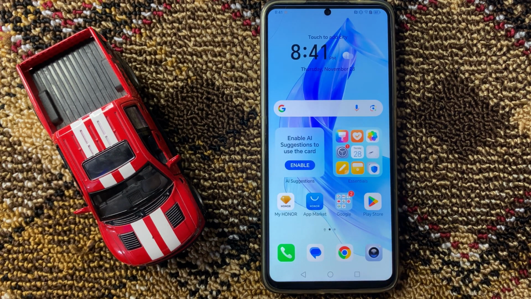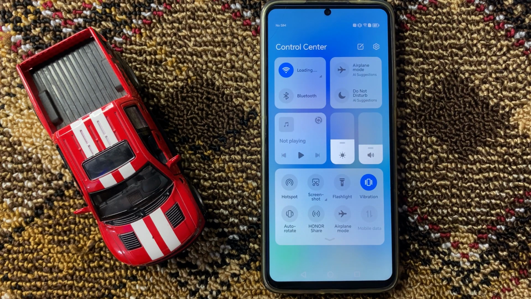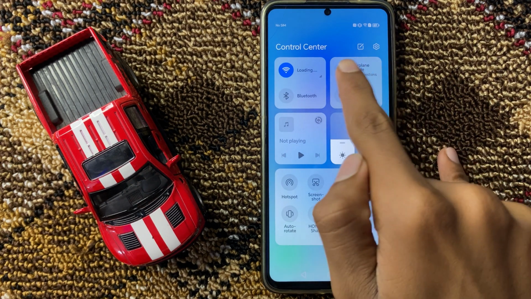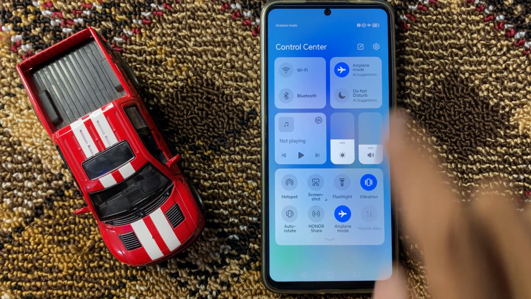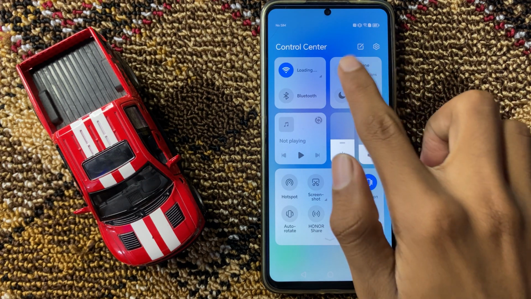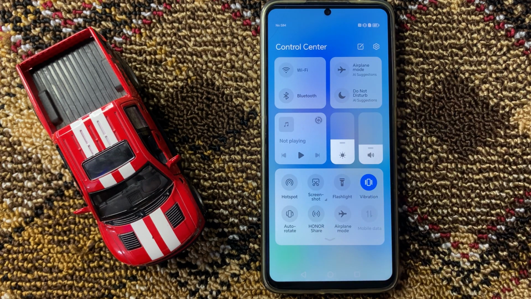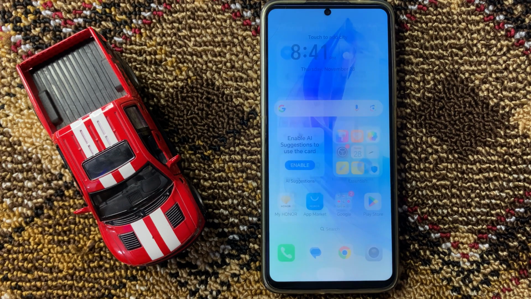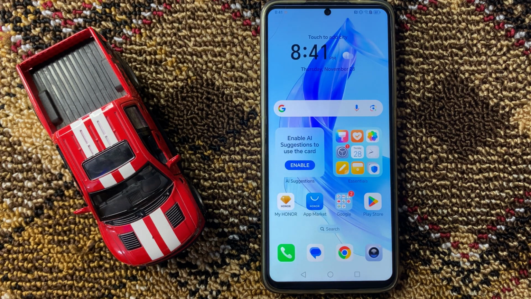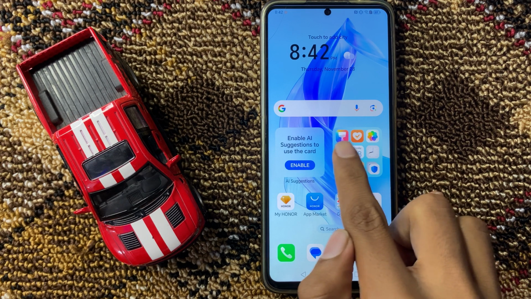First of all, swipe down to your control center and here you can turn on or off your airplane mode. After turning off or on your airplane mode, then go back and check if your network connection works properly or not. After checking your network connection, then open settings